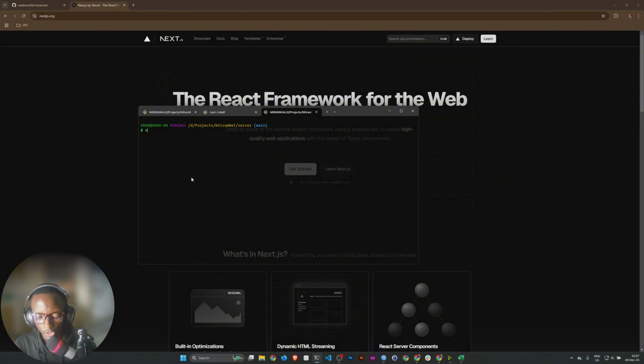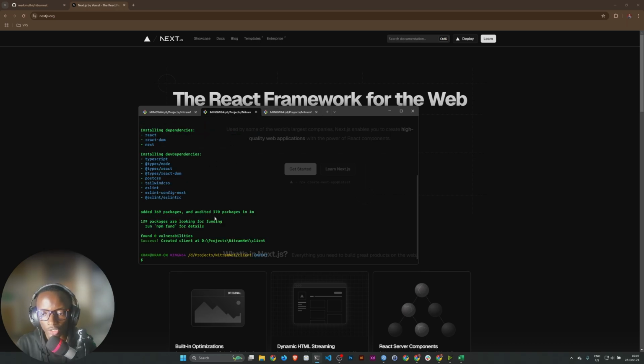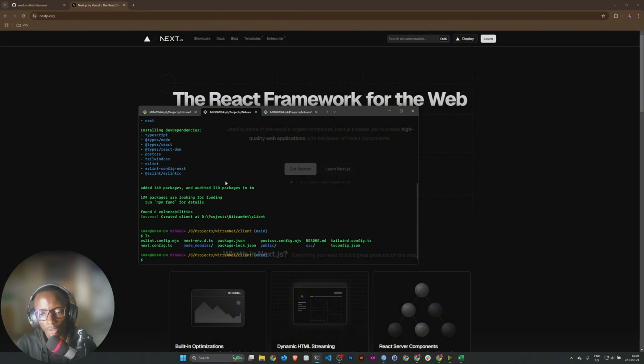It's just initializing it. So initializing npm is just the default options for the package.json. This is done. That's okay. Let's see. Yep, all good. Set up the node modules.